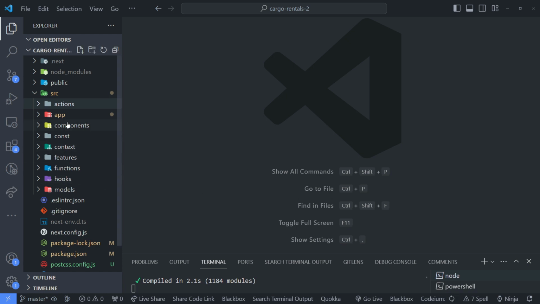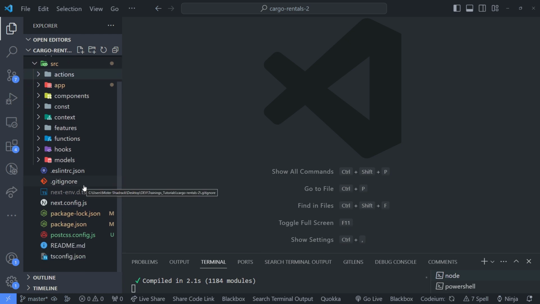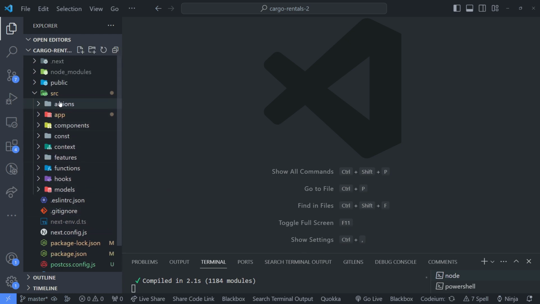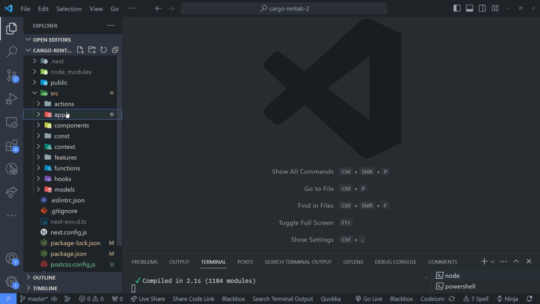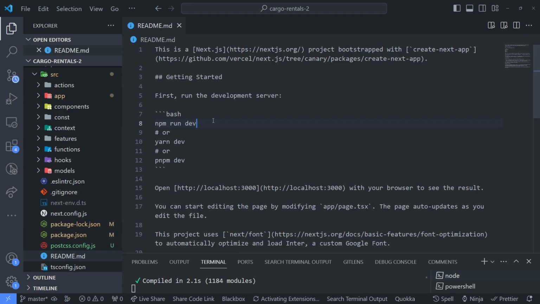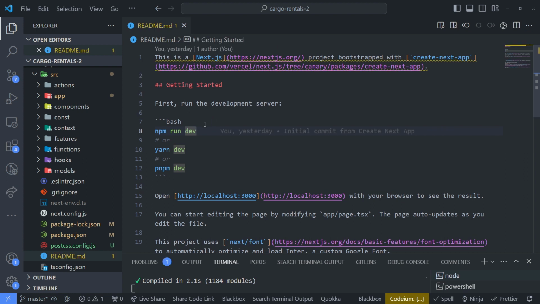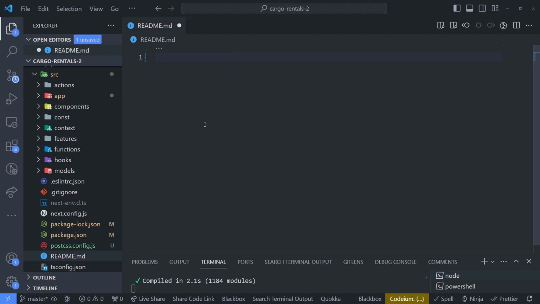I think these are mainly the main folders we are going to need. If I am missing any folder, I think we would create it along the way. But this is how I am going to structure my files. Now my pages are going to go here in the app, so we would also look at how to structure that in a bit. But I think we are in a position to start working on the UI for the home page. So lastly, let me clean this readme file a bit. I'm just going to remove everything inside here. Just going to add one line and say car go